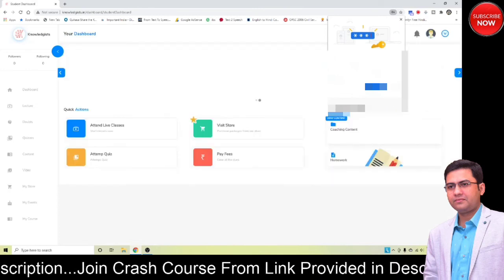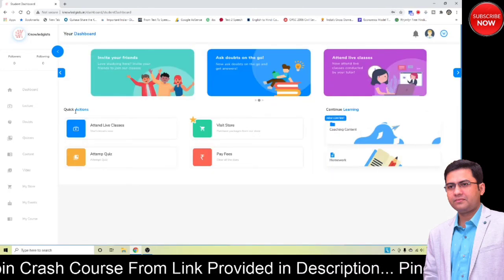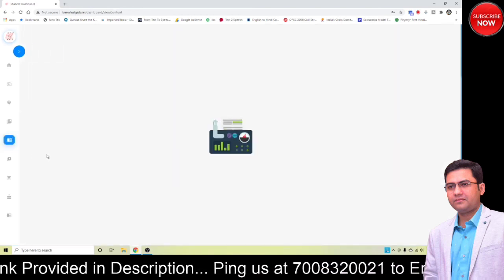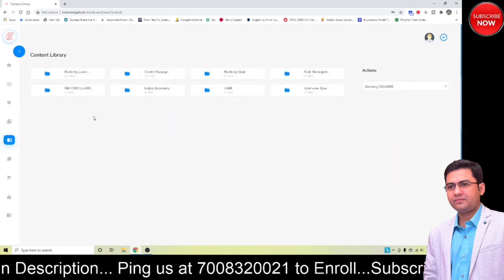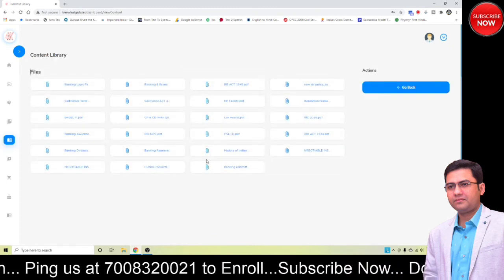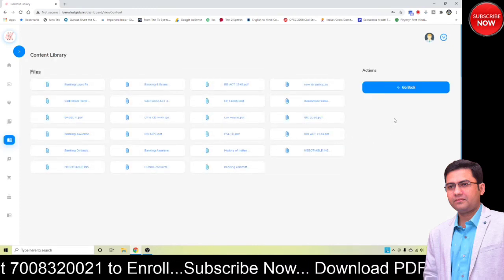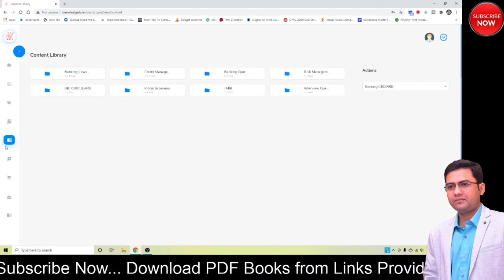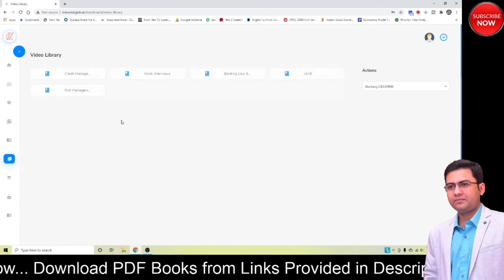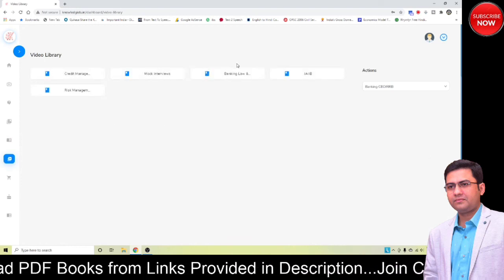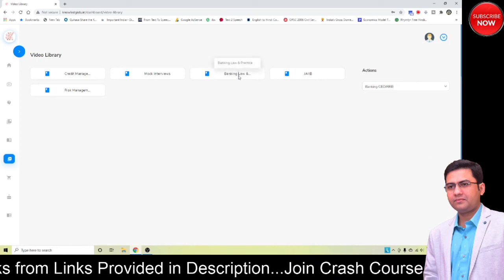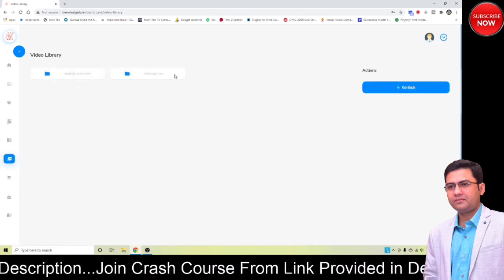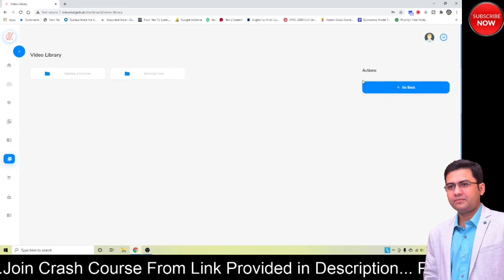You can click on the login button. You can use it on only one device. Here you can find everything. You can go to the content section to explore the PDFs, the banking laws, etc. There are so many documents. You can find whichever you want to start reading. Or you can go to the video lessons, open any video of your choice and start taking the lessons, such as banking and economy.